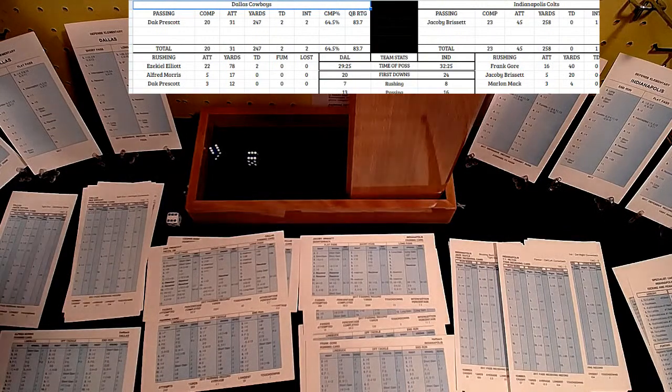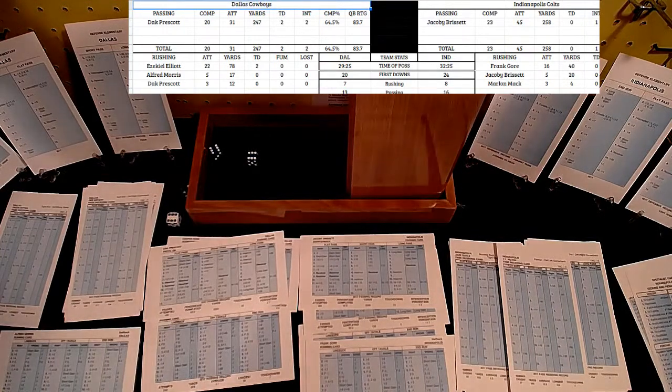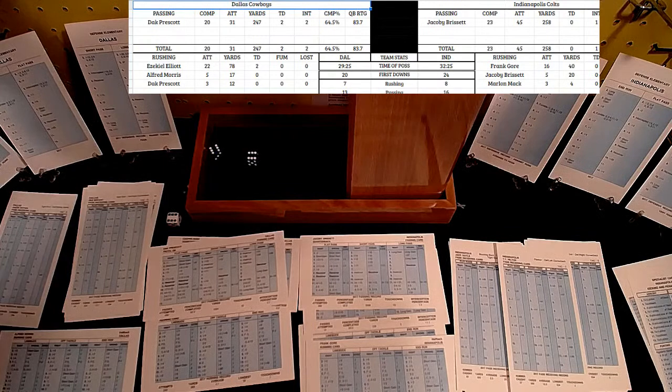Your stat lines here: 258 yards through the air for Jacoby Brissett. 23 of 45, 1 interception, no touchdowns. Not a very good quarterback rating here on the day. 16 for 40 for Gore. Brissett 5 for 20. Marlon Mack 3 for 4 on the ground. So you got a bit of a, let's see. What do we got here for a...